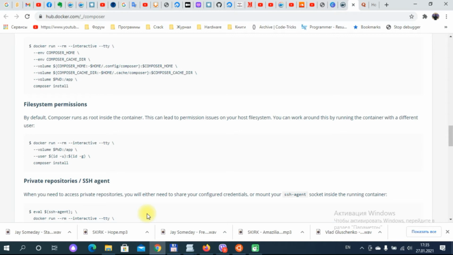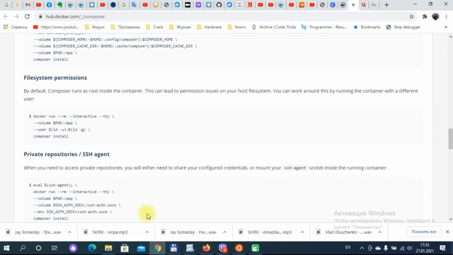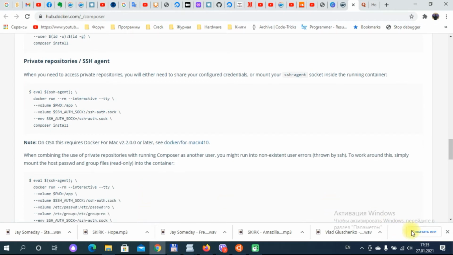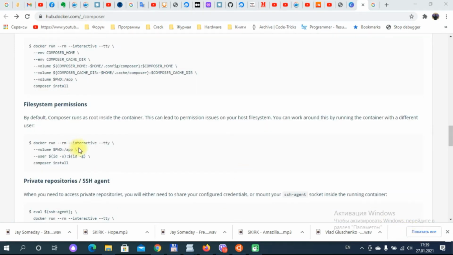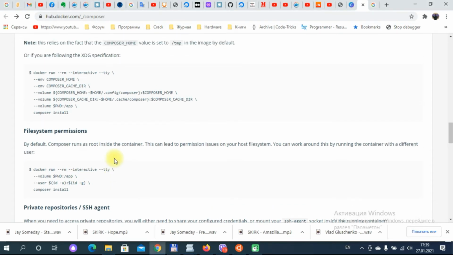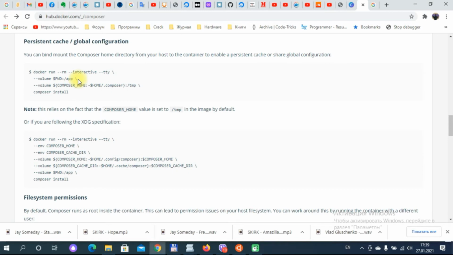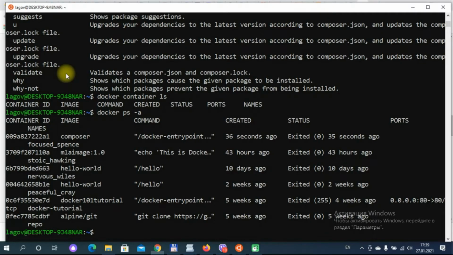Okay, private repositories. So using this command, we installed Composer, and we stopped the container. This attribute helps us. So checking this command, after installation it just stopped, and that's why we didn't see it when we typed